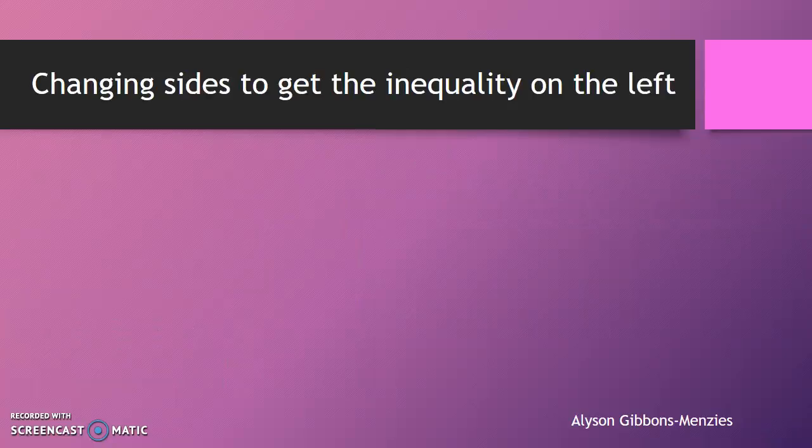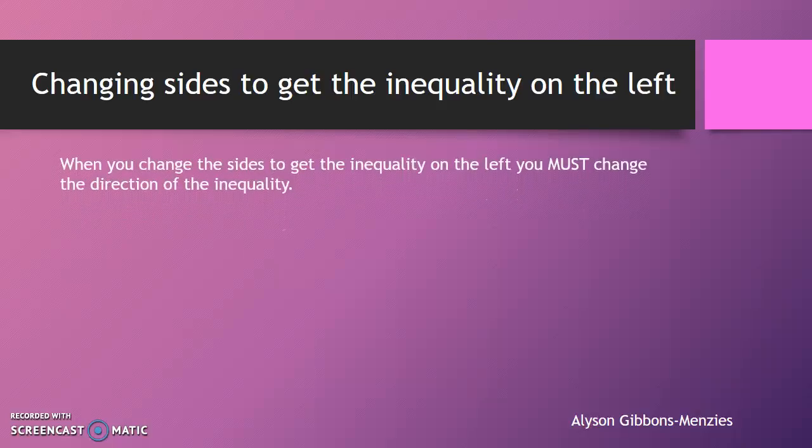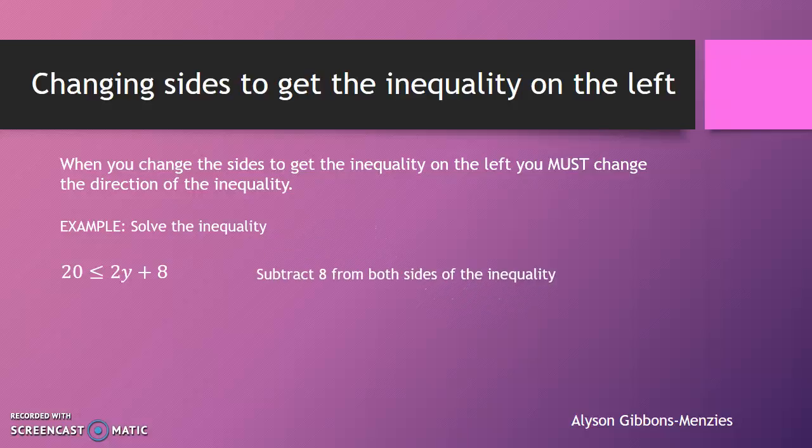Changing sides to get the inequality on the left side. When you change the sides to get the inequality on the left, you must change the direction of the inequality. Here's an example. 20 is less than or equal to 2y plus 8. First step, subtract 8 from both sides of the inequality, and you're left with 12 is less than or equal to 2y. Then we divide both sides of the inequality by 2, so 6 is less than or equal to